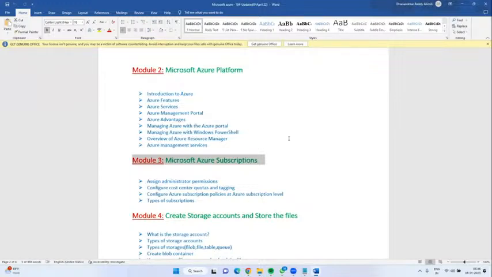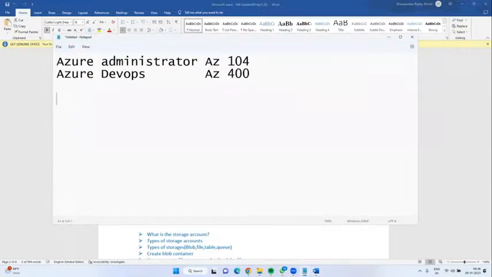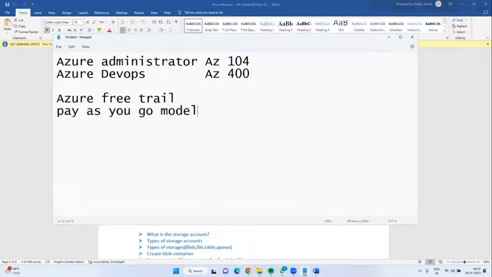So Microsoft provides n number of subscription versions. First, I can say the Azure free trial, which you are going to use now. Next, we have the pay as you go model. Next, Visual Studio Enterprise.